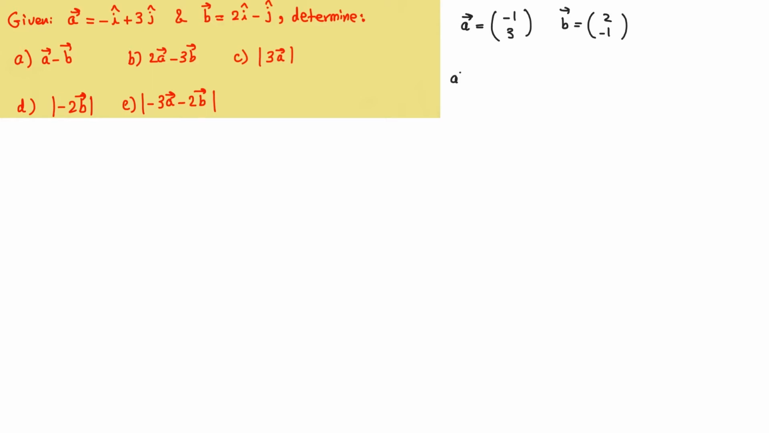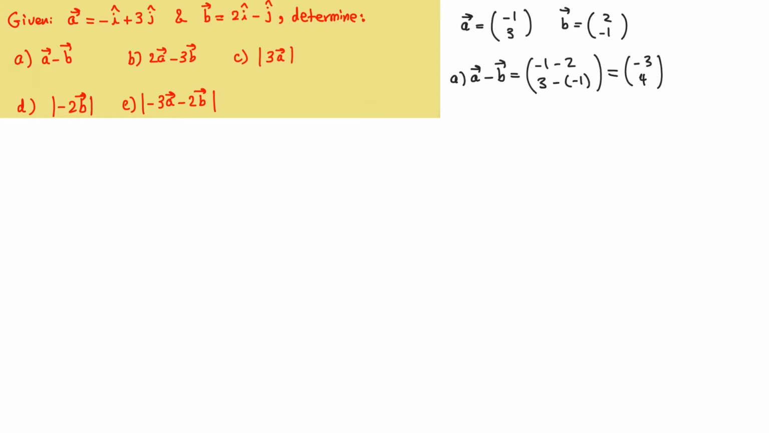Part A of the question is asking us to do a subtraction, so we simply write this as the x component of A minus x component of B, and y component of A minus y component of B. And when we do this, -1 minus 2 is -3, and 3 minus -1 is 3 plus 1, which is